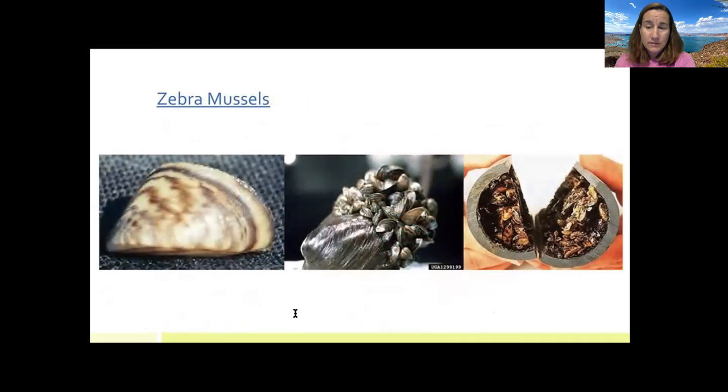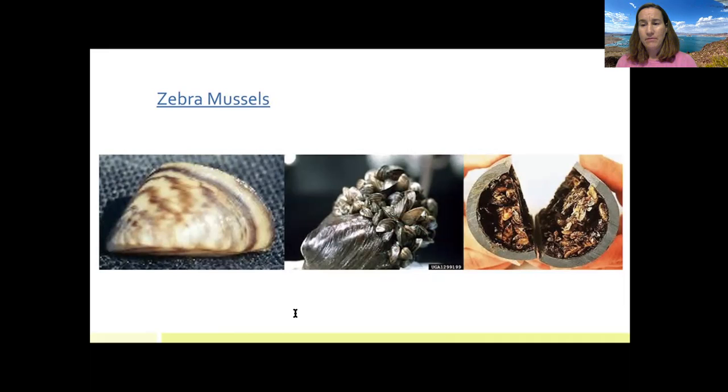It got here because of man. So the zebra mussels are an invasive species. And when I say invasive, it means that it's not from here. It gets introduced to an area, whether it's an invasive mussel or plant, animal, whatever it is. It comes in and it takes the place of the native plants or the native animals. And so the zebra mussel comes along into the Mobile River Basin, where I grew up, and starts taking